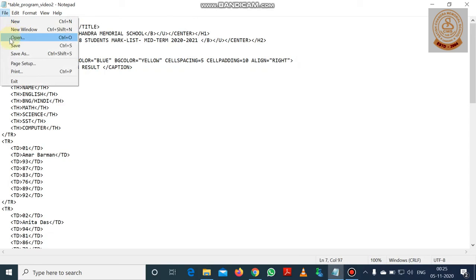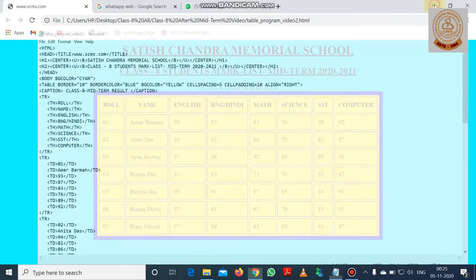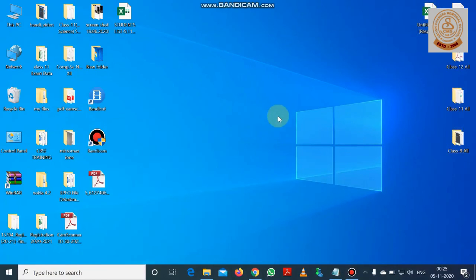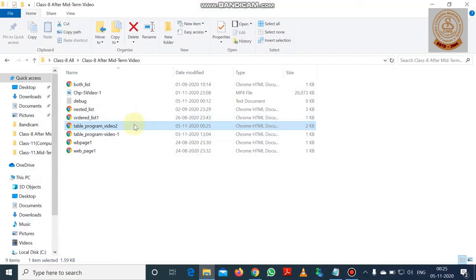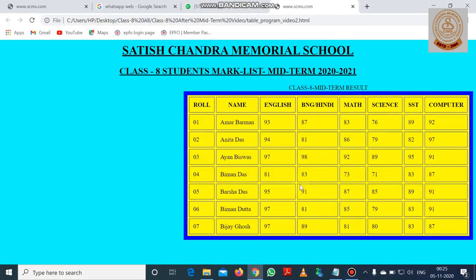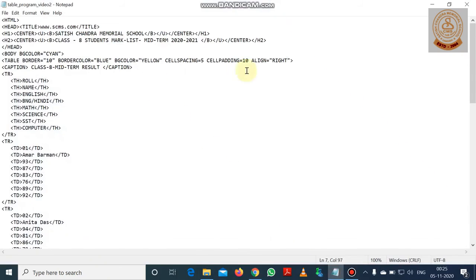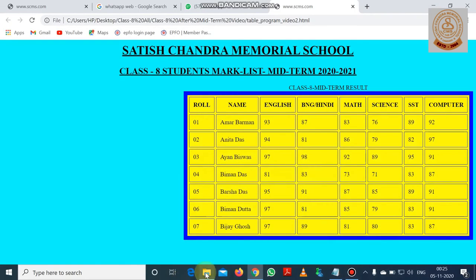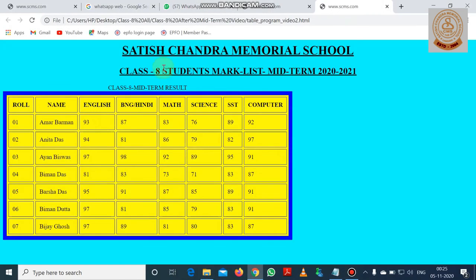We are saving this web page, and if we go to the web page and show it, you can see now the table is coming at the right side of the web page. And also if we change the align, suppose we write left here and save it, then if you go to the table and reflect it, you can see the table is reflected at the left part of the web page.